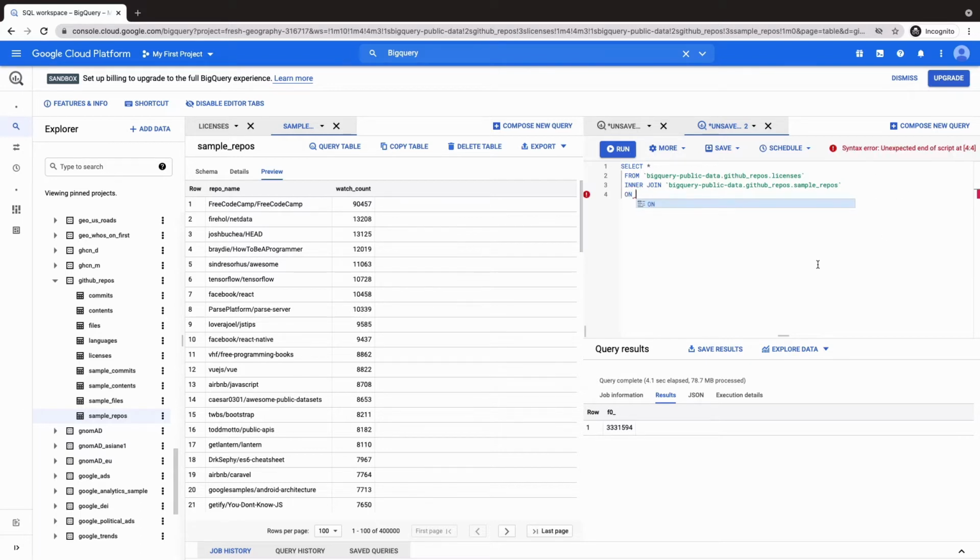Another very important thing to do when you're joining tables is to put an alias on the table. In the previous class, we looked at how to put an alias on a select. In the same fashion, you can put an alias on the tables you're joining. So you put as, you name the table. Maybe you name the table LIC in this case, and then you name this other table, say